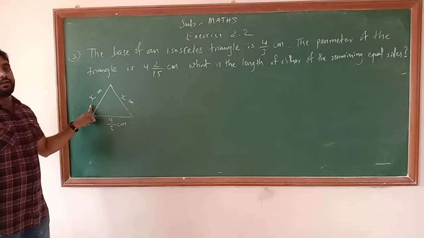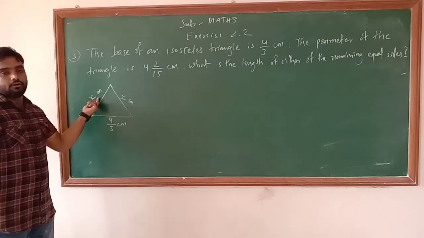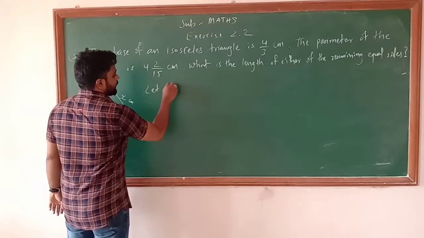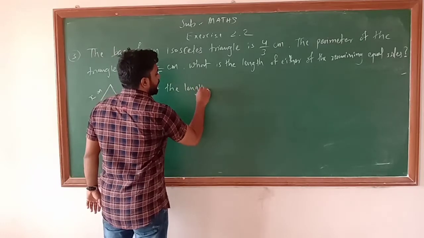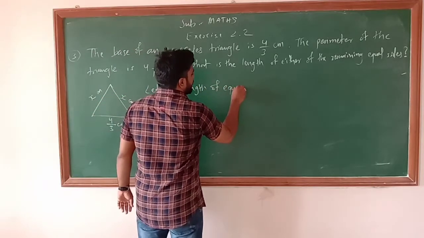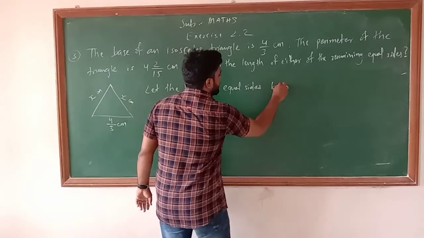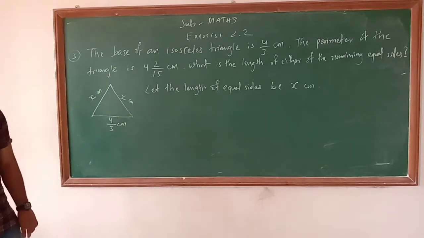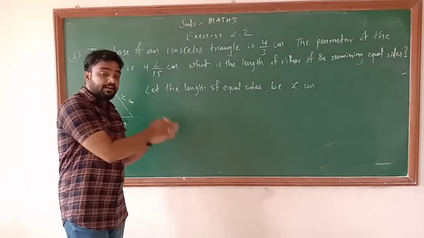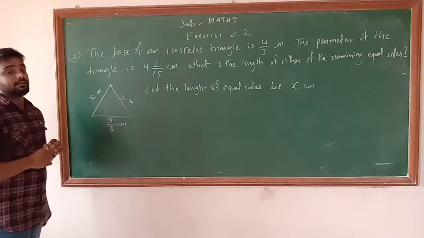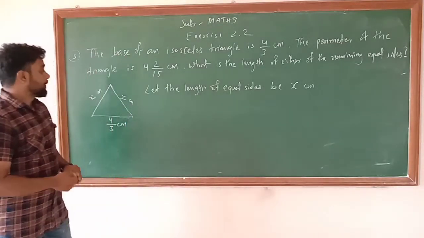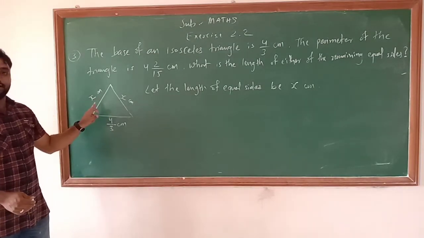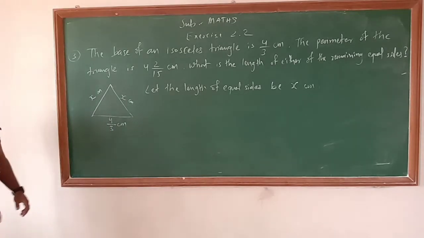What is the length of the equal sides? So here I am considering it as a variable. So let the length of equal sides be x centimeter. We don't know the value. Okay, so that's why I'm taking x centimeter. We have to find it. हमें उसे फाइंड करना है, इसीलिए उसको वेरिएबल कंसीडर किया है, उसकी वैल्यू हमारे पास नहीं है. ओके, नाउ तो देखो फिगर एक्चुअली इस तरह होगा, x सेंटीमीटर और because both sides are equal and the base is 4/3 centimeter.